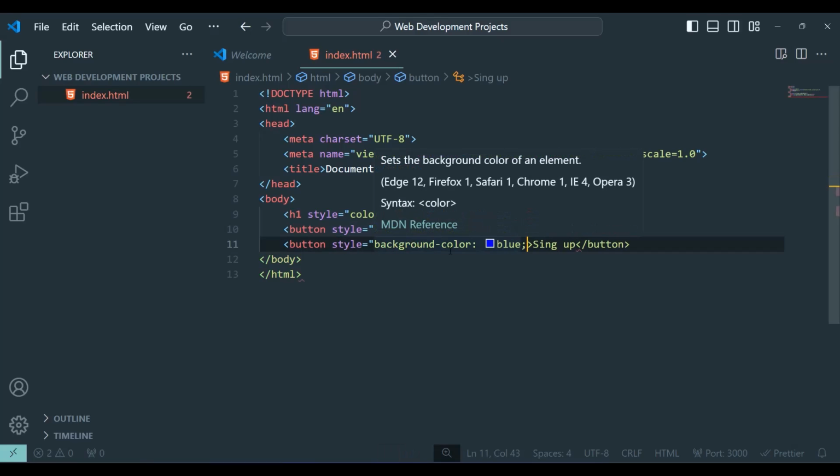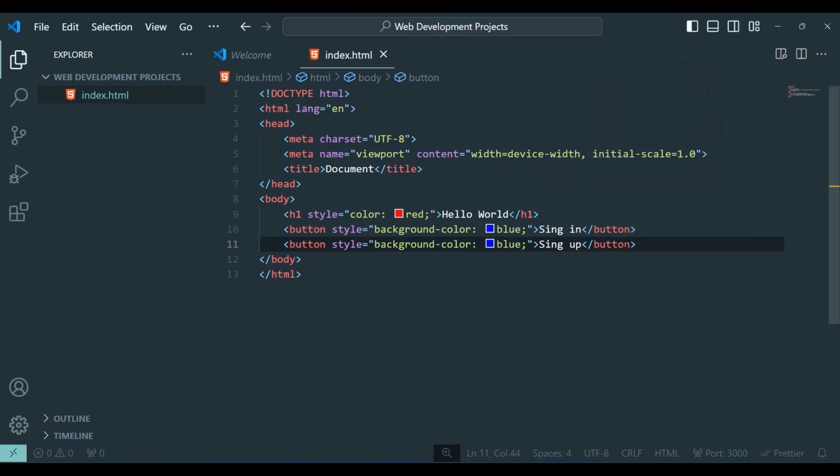Let's paste it here. And the problem with this approach is that if you have multiple buttons and you want to be consistent, you want to have them all the same color, it will be very hard to change the color for all the buttons individually, to add this line of code for all of them. So because of this reason, and if you have multiple pages, imagine that your site has multiple pages and you have those buttons in all the pages, you'll have to add individually the style to all the buttons directly. So this is not recommended.